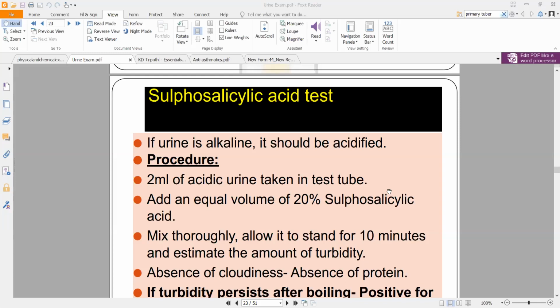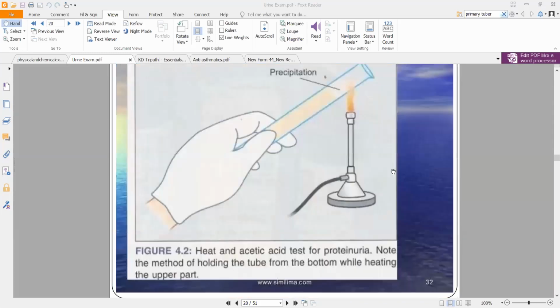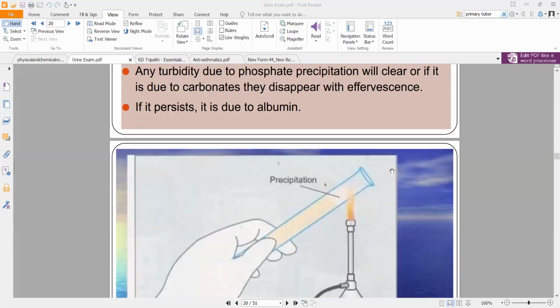But if it is specifically asking one thing, then it will come as a short answer or a very short answer. In that, you'll need to at least mention both of them. Even if it's a very short answer, you need to at least mention both of them. If it's a short answer, then you need to write both of them in detail. Okay, how much is present in this PPT, at least that much. What is the test, how is it performed, how do you interpret it? All right.